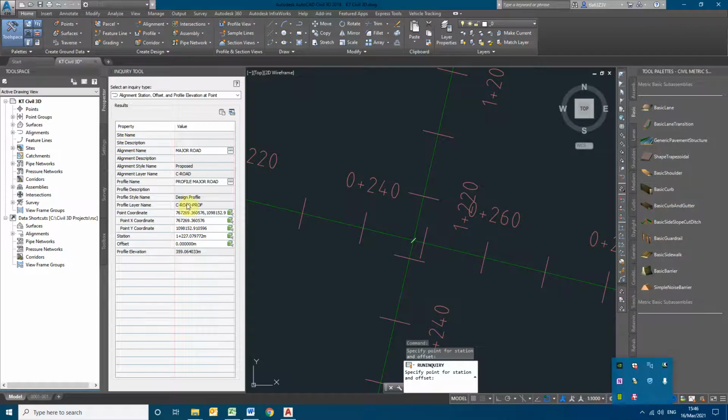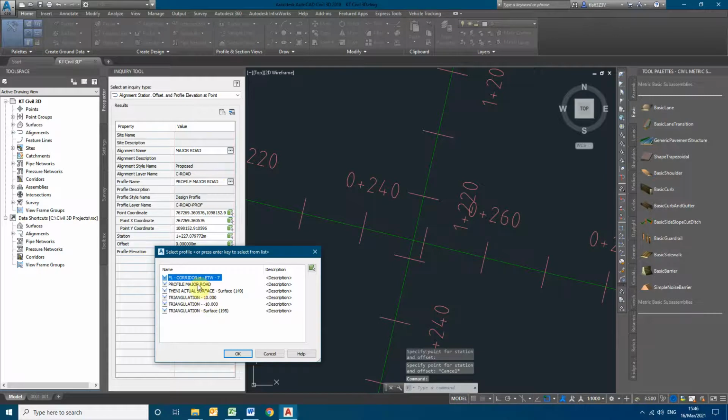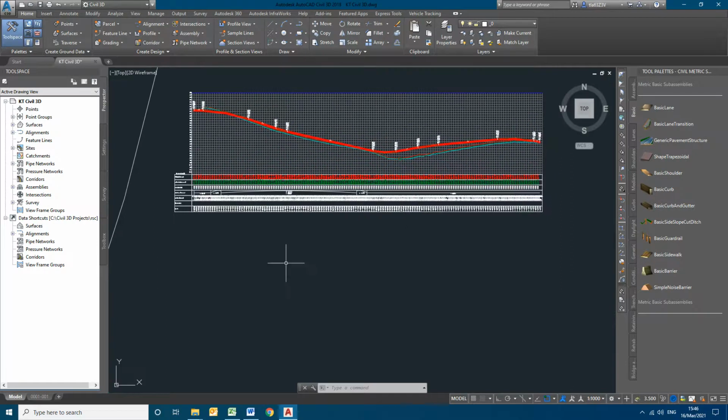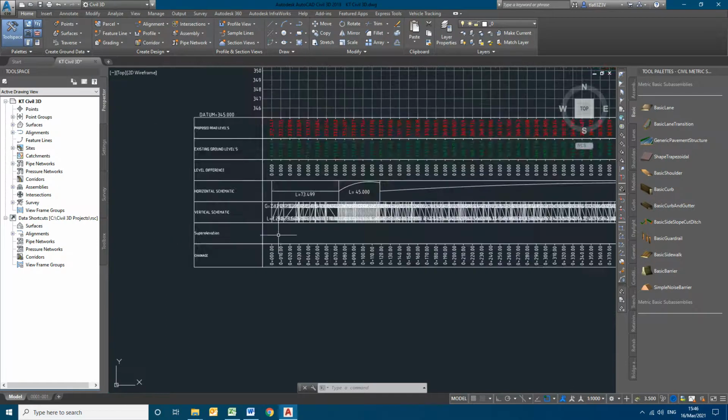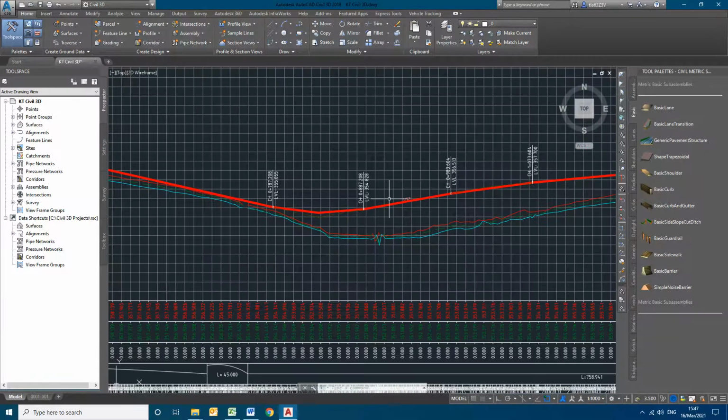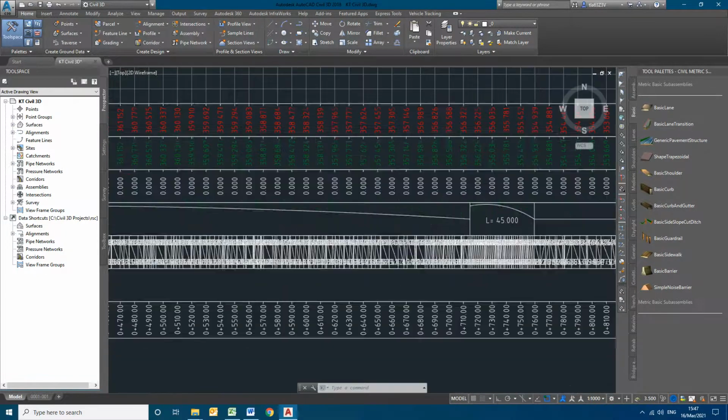In a similar way, we have to select the minor road at the same point. Once the profile is started, you will be getting the same chainage as was given. So let us start the minor road profile also. Before that, as I said to you, the vertical schematic is showing as a very clumsy thing. As per the design that we had, it should be showing the details over here.